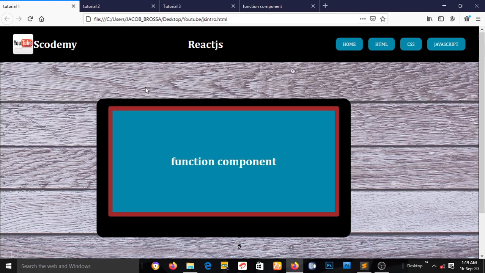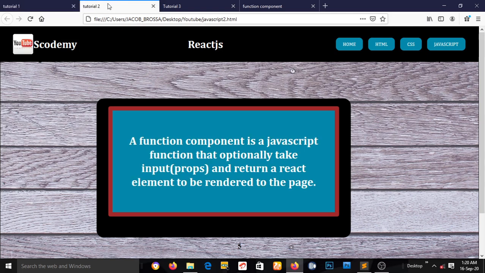Alright, in my last video we talked about the two basic types of React components, which are the function components and the class components. So in this video we're going to start with the function component. So basically a function component is a JavaScript function that optionally takes input and returns an element to be rendered